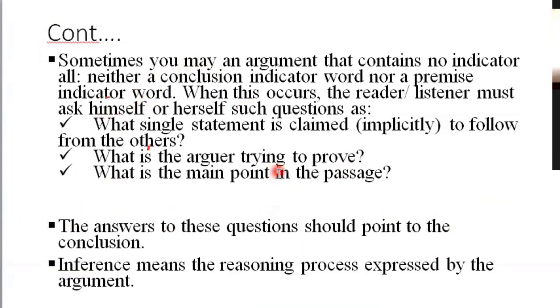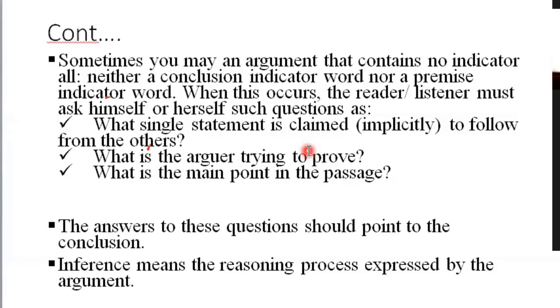Sometimes, as I have told you before, an argument contains no indicator word at all, which means there may not be an indicator word for both the premises and the conclusion. In this case, when this occurs, a reader or a listener must ask himself a kind of question such as what single statement is claimed? Implicitly follow from the others. Here we call it the not expressed, but the